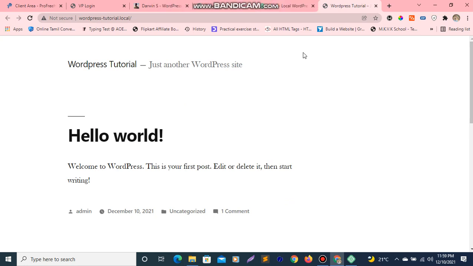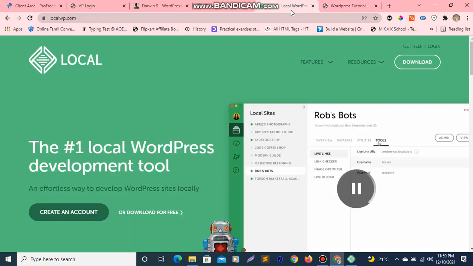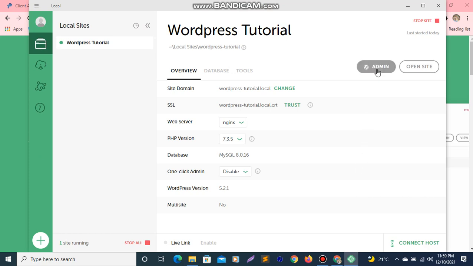So I'm going to go to the backend, the admin panel of this particular WordPress site. For that I'm going to my Local application and I'm clicking on admin. So it's going to take me to the backend of this particular local WordPress site.